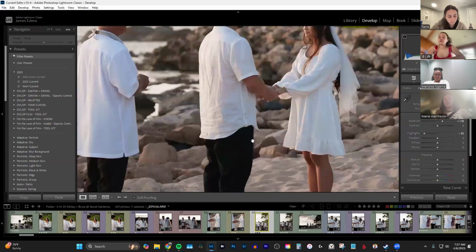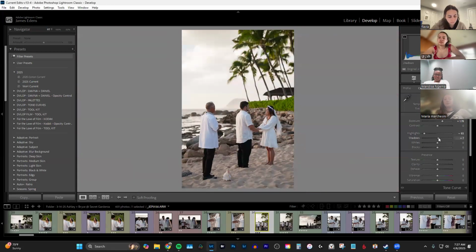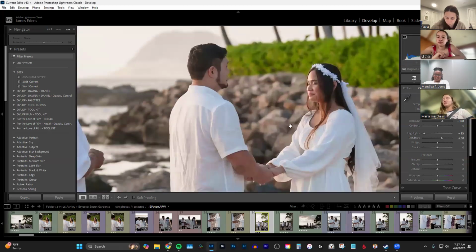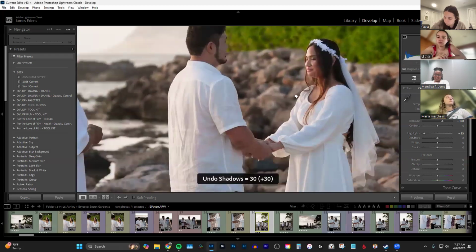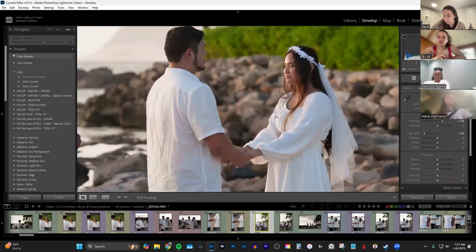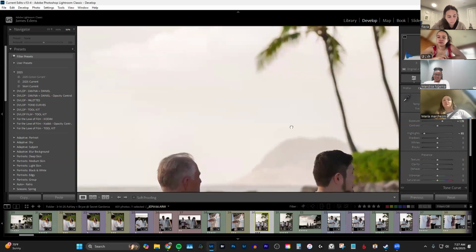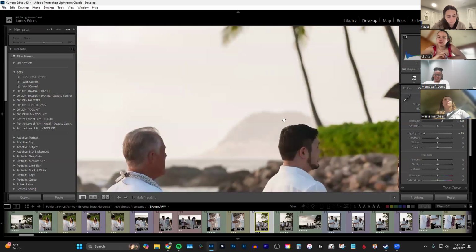Now I'm going to go in here. The next thing I would typically do is raise or drop the shadow detail. So we could raise the shadows. When you're raising the shadows, guys, you're revealing your midtones, right? And this is what I mean: when you're revealing detail, you're taking away contrast, right? So let's go back. This is what I'm starting at. I just removed my highlights. I get a lot more detail in the sky and the distance, but